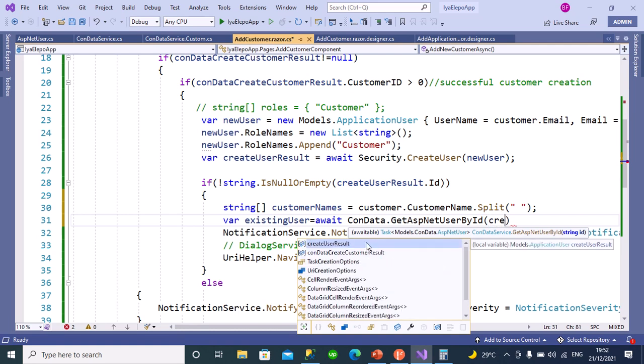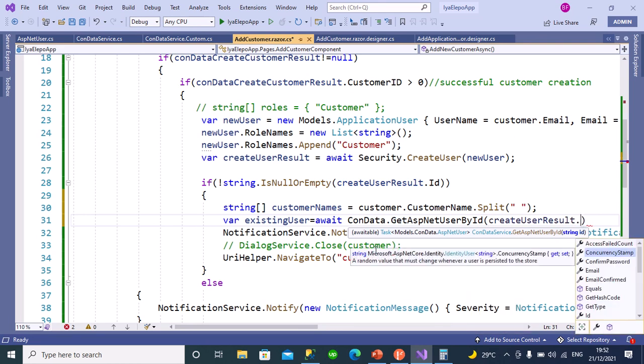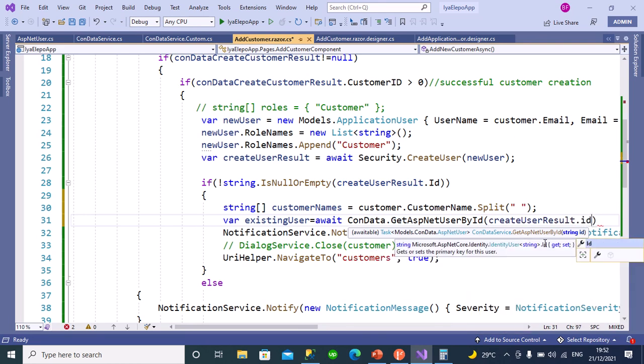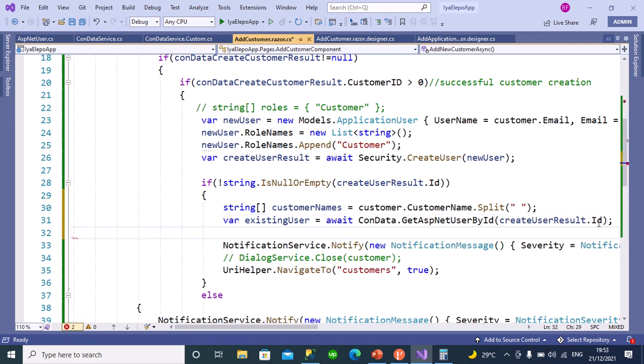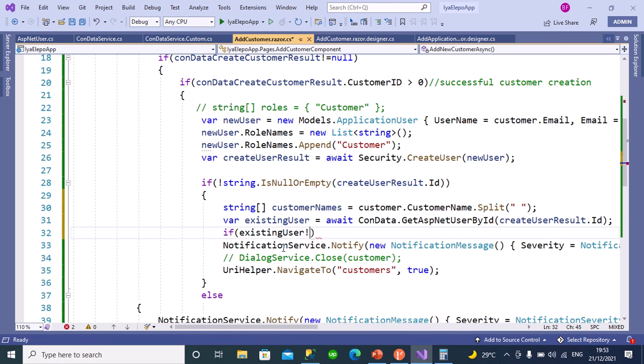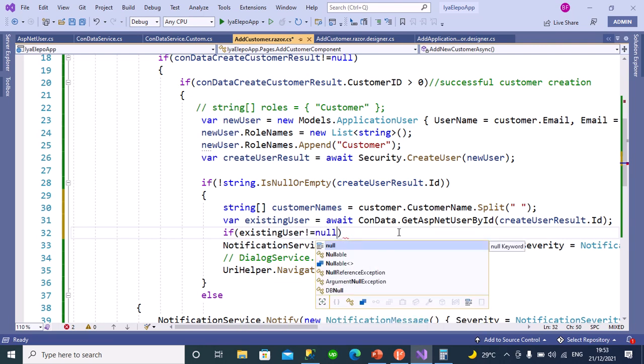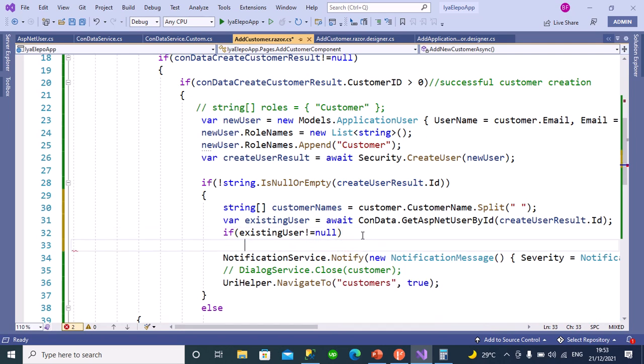So create user result dot ID. Now if existing user, are you following? Okay. Is not equal to null. If existing user is not null,